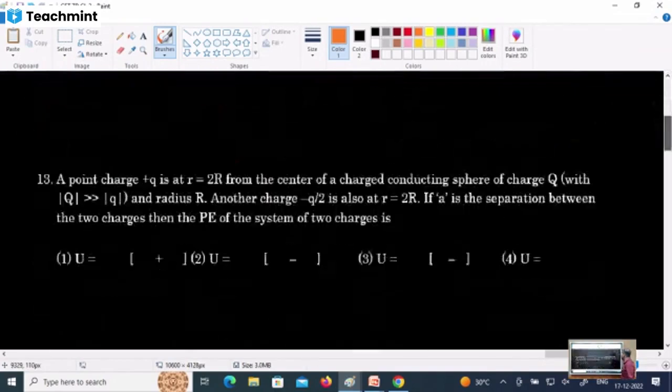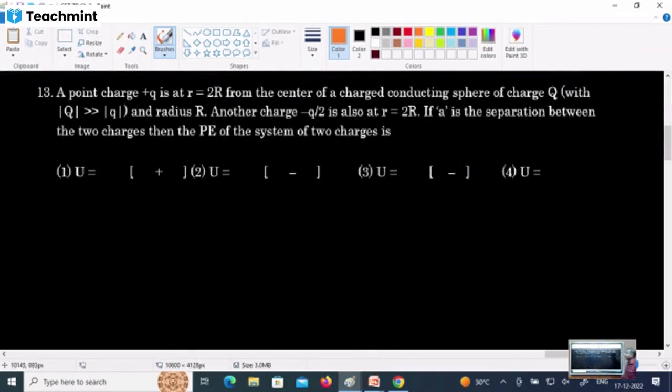Let's proceed to the next question, question number 13. A point charge small q is at r is equal to 2r from the center of a charged conducting sphere of charge capital Q, with capital Q being very large in comparison to small q, and radius capital R. Another charge minus q by 2 is at a distance r is equal to 2r. If A is the separation between the two charges, then the potential energy of the system of the charges is